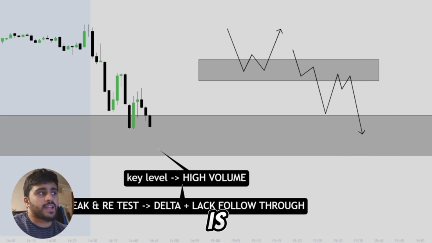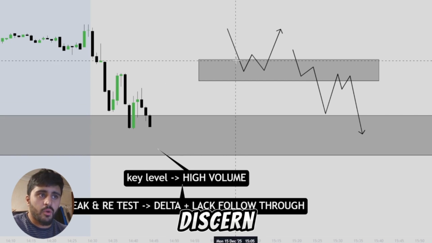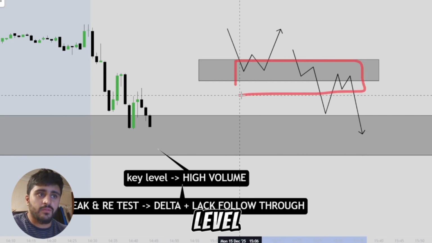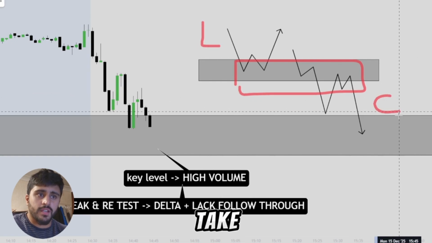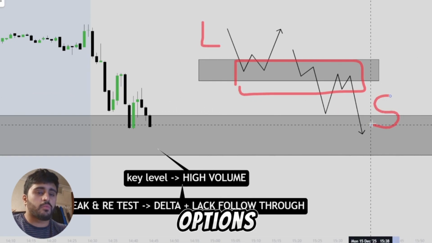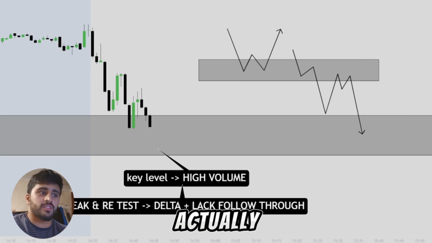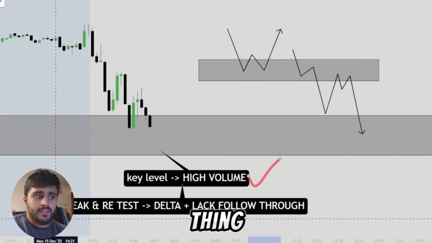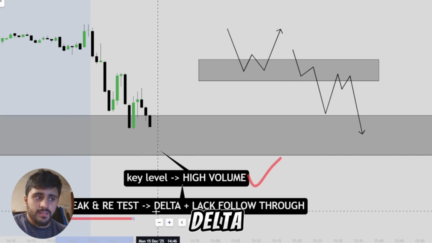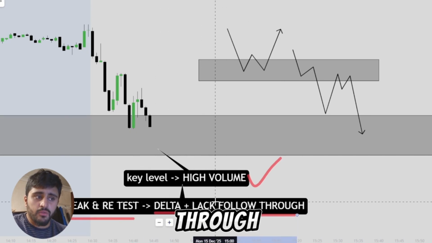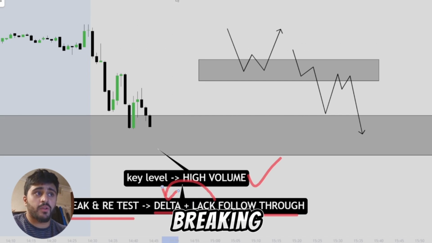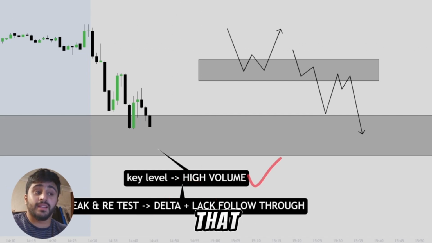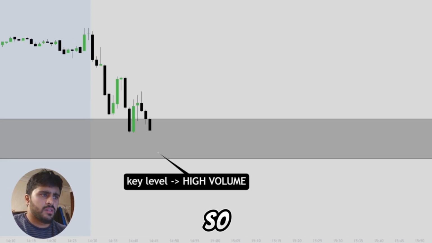So the question is, how can you discern what's going on inside of this level to take a long or to take a short, right? These are the only two options that you have. So how can you actually know? Once we've ticked off that we're in areas of high volume, the next thing is to look for a break and retest, right? Delta and a lack of follow through of the delta. I'm going to be breaking down exactly what that means. So just to